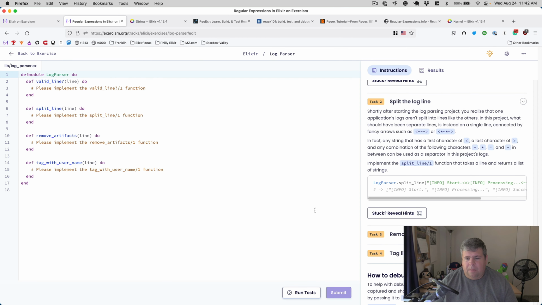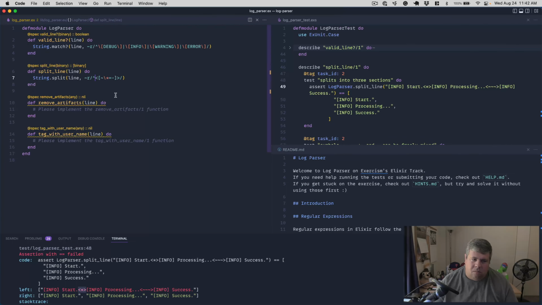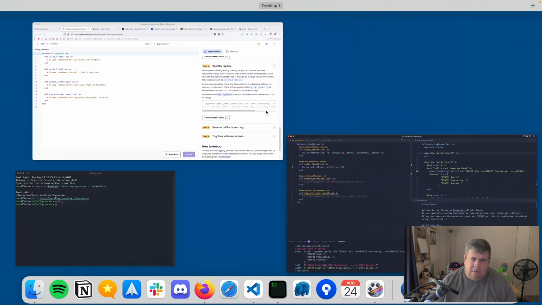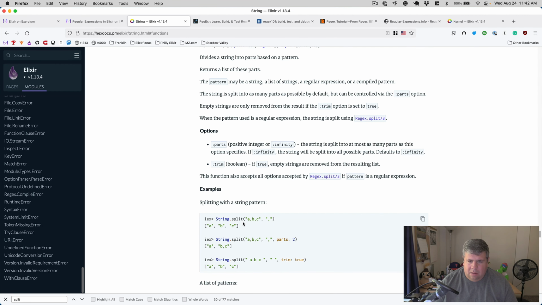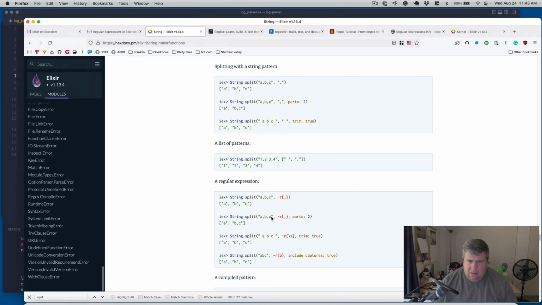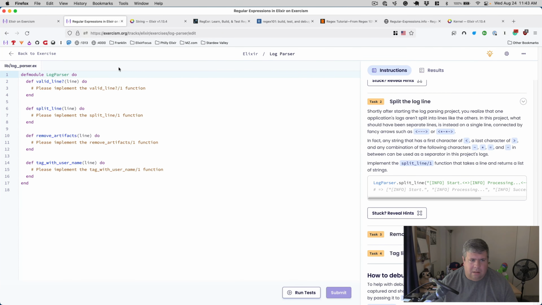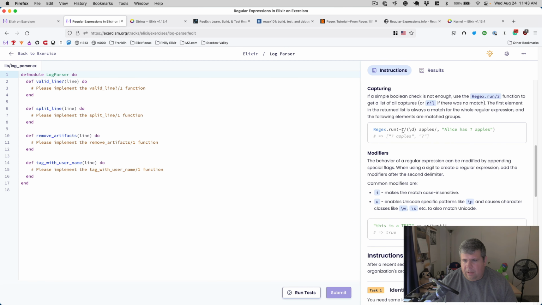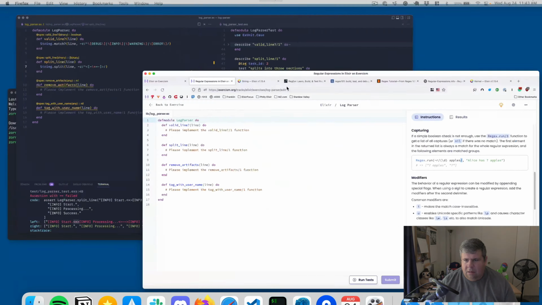Oh, that's a bummer. I mean, it's not breaking anything. Split. Why is it? Am I getting the regular expression syntax wrong? I mean, they use R. They use these R slashes. Why does